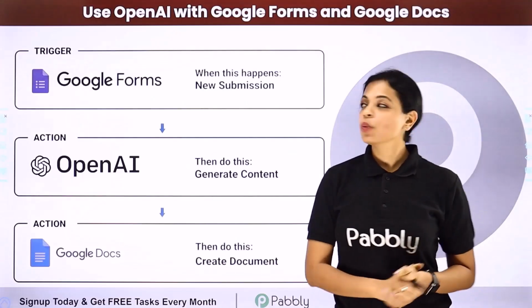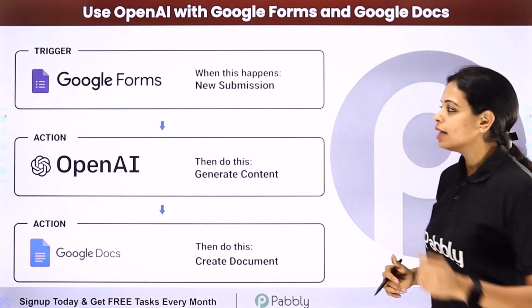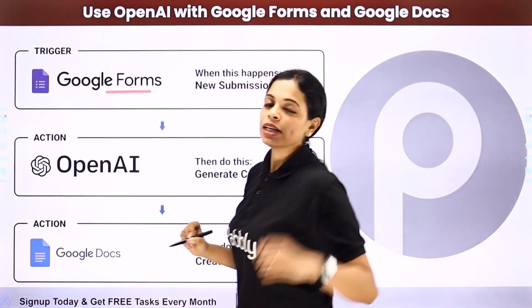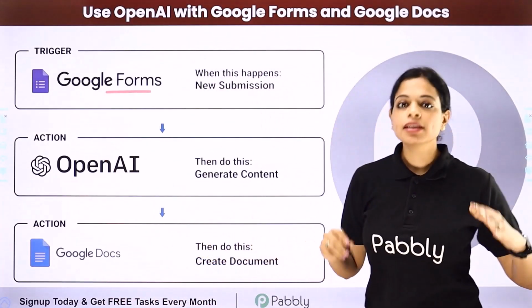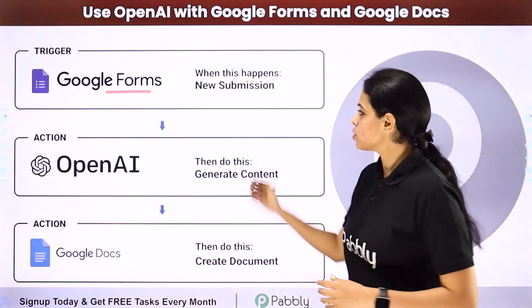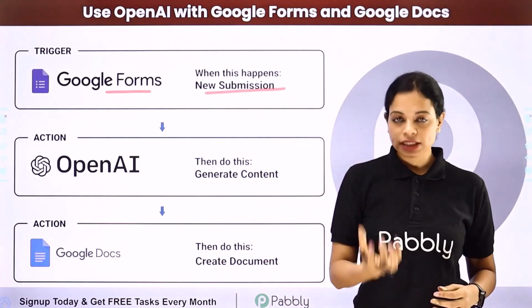In this video, we are going to see how to use OpenAI with Google Forms and Google Docs. So let's say that you're using a form builder application, which is Google Forms here. Every time a form is submitted, let's say that there is this employee engagement survey in your office. Okay, so every time a form is submitted, now what you want is the data that you have received through